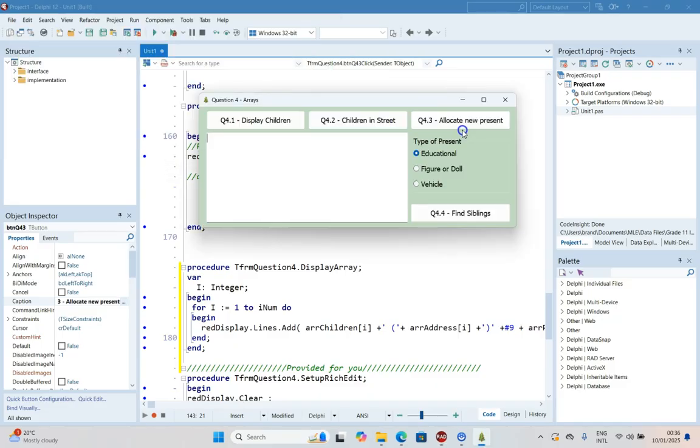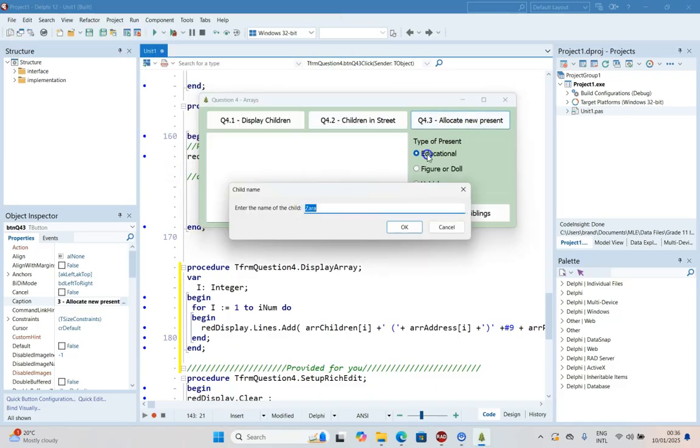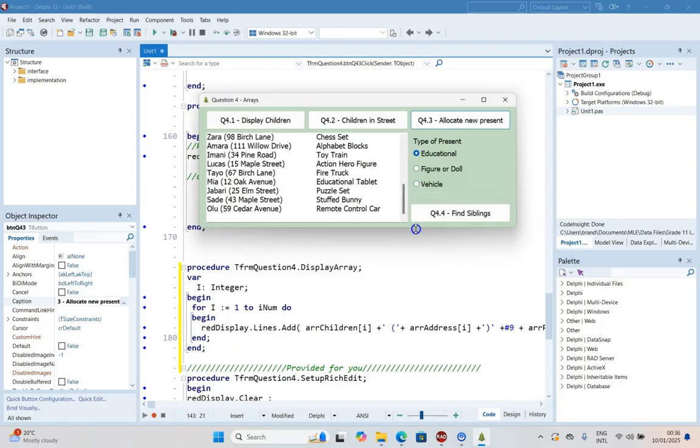So let's do that. So we're going to allocate new present. Zara, we want an educational one, updated. I should probably spell that correctly. But Zara, if we look there, has a chess set, which is one of the edges. If we give her a figure and a doll, to the Zara again, you'll notice that she's now got a